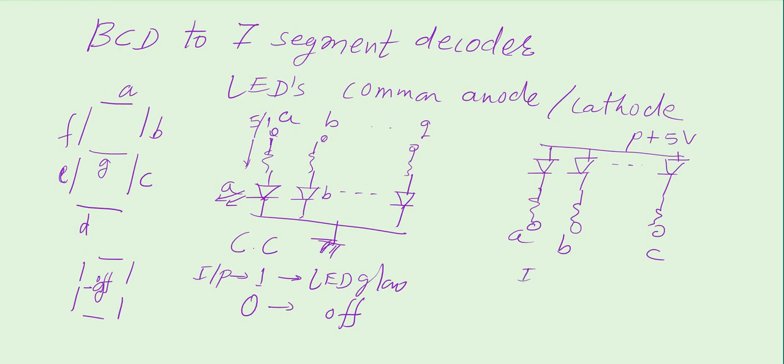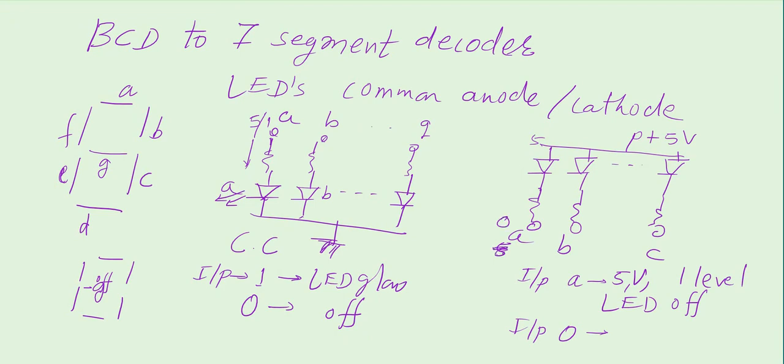Now here, if input is connected to A as 5 volts or say 1 level, then 5 volts on this side and 5 volts on this side, current will not flow, so LED will be off. So when input is equal to 1, the LED is off. And if input is equal to 0, then current will flow and LED will glow. So the code numbers or the inputs for common cathode and common anode are exactly opposite to each other